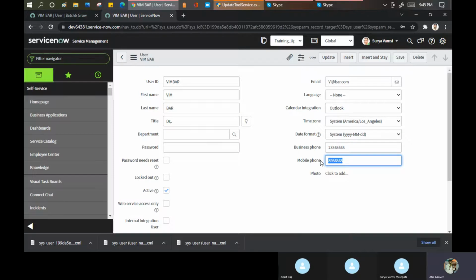The thing is that when we are moving records, specifically user, group, location, we put the records in the dev instance via transform map, and from the XML part we are moving from dev to test, so that in all the instances the sys ID of that particular record is the same. It should not be different. Let's take an example. I'm sure that it is a little confusing now. Let's take an example. Ronald is working in production.